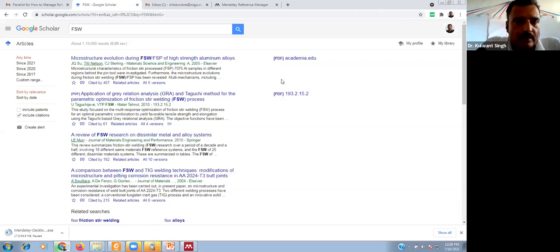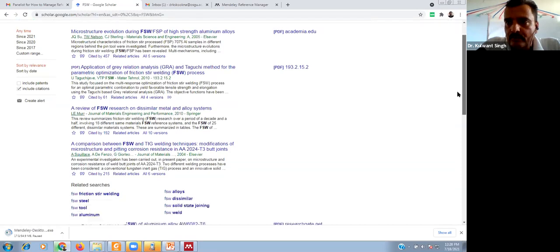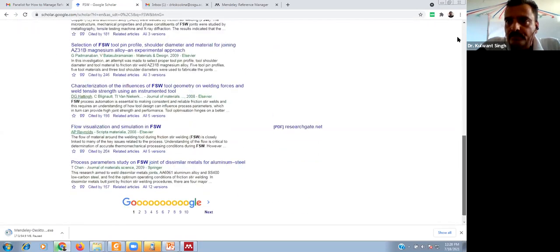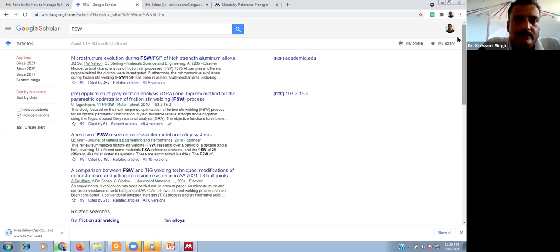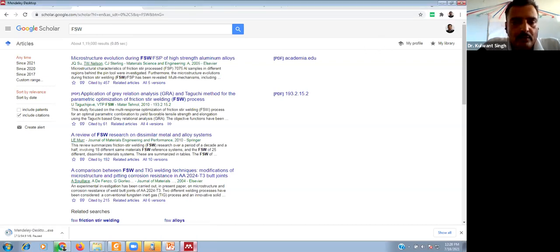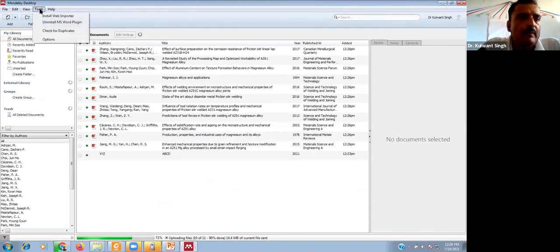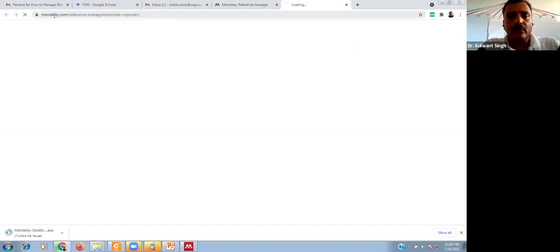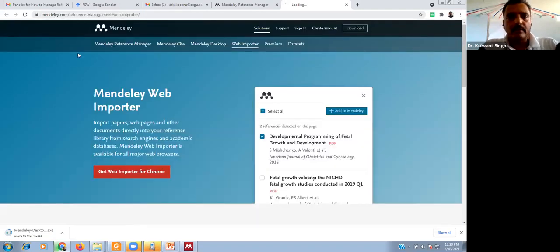I want to add a few documents from this search directly to Mendeley. So there is one option, the web importer. In the tool section, install web importer. Just click here and it will create an interface between the browser and the Mendeley desktop.